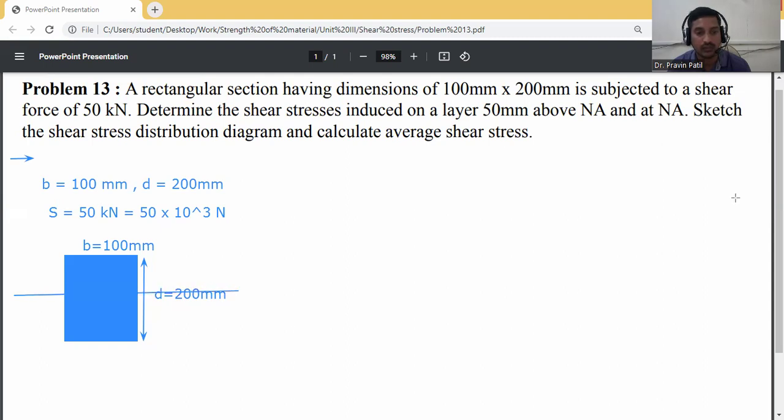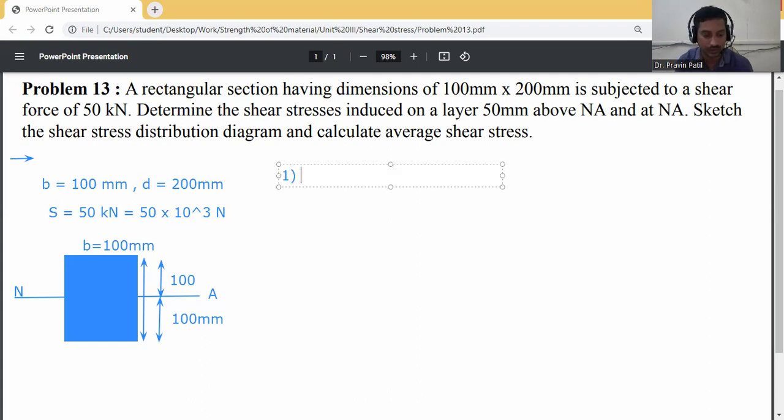This one is the neutral axis. Okay. So the neutral axis is located at d by 2 from top and d by 2 from bottom. So d by 2 means this one is 100 mm above the neutral axis, and below the neutral axis it is 100 mm. Okay. So first question, determine the shear stress at